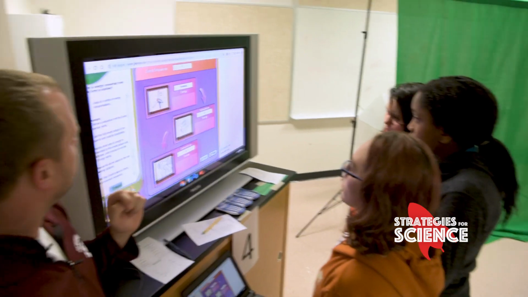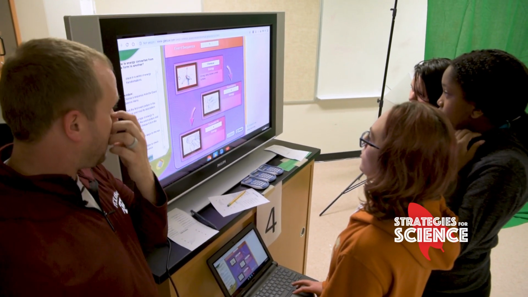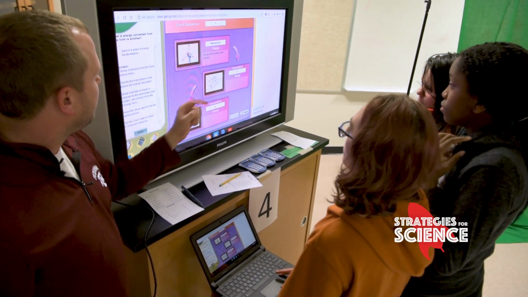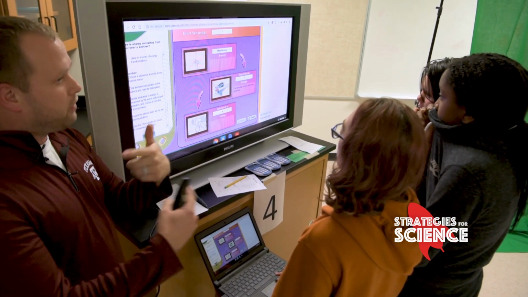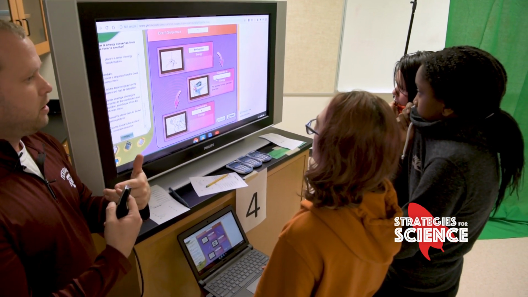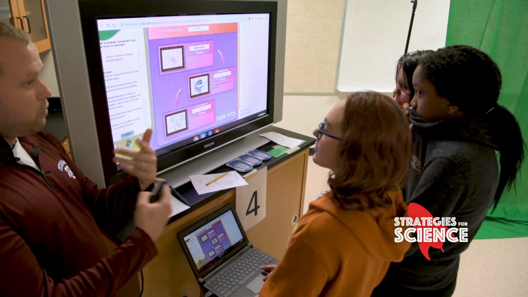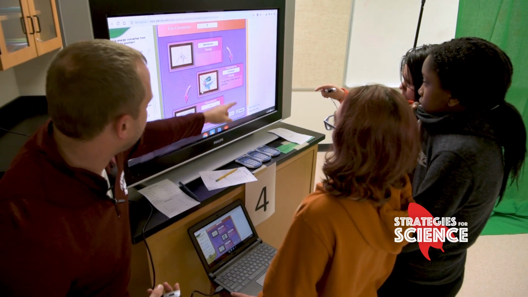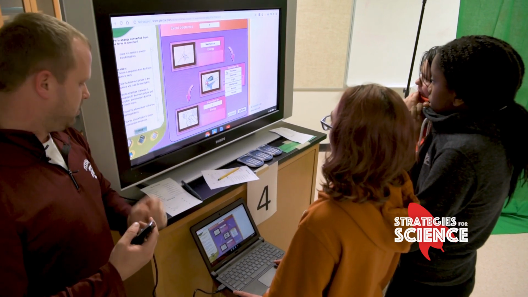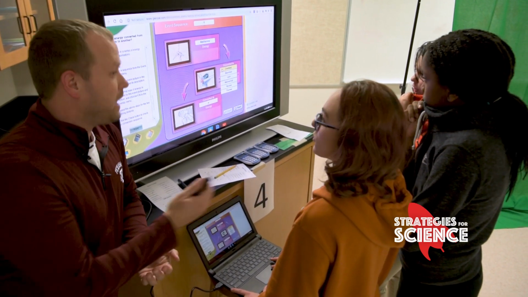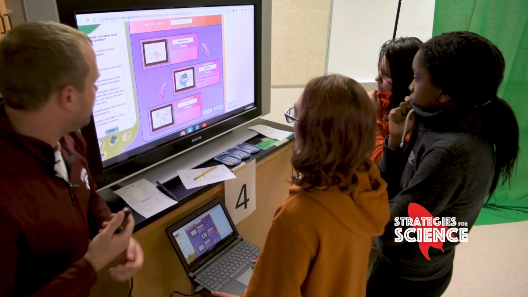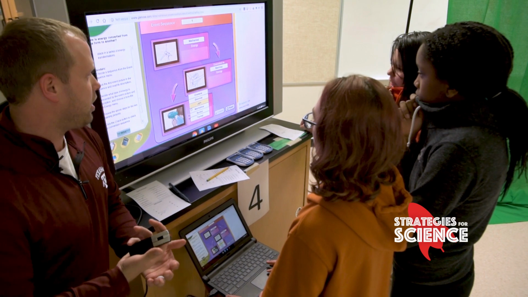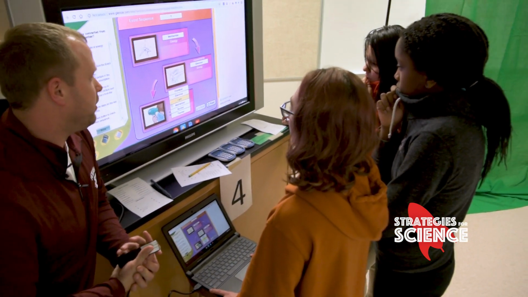Click on the picture. What does it tell you it's doing? It moves. Okay, moving. Good. Mechanical. So let's click mechanical. And then what's the point of this? What's the point of the mechanical? Yeah, but it's going to create what kind of energy? Look, click on the picture. It turns a generator. What's it generating? Electrical. There we go. Good. And then we use the electrical to dry our hair, right? I mean, I don't, but maybe y'all do.